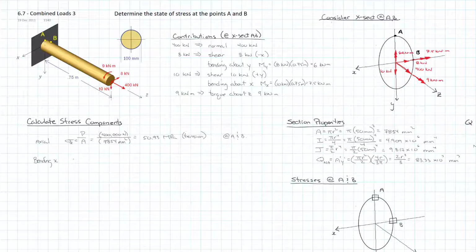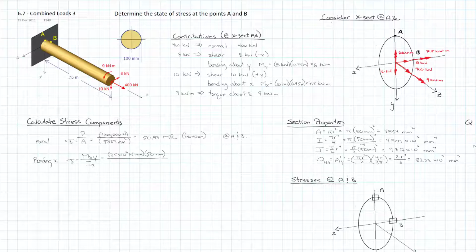And so that again would be a normal stress in the Z direction, and that's equal to our moment in X multiplied by our distance in Y divided by our IX. And of course our IX and our IY, we already said, are going to be equal to each other. And so in this case, our moment in X is equal to our 7.5 kilonewton meters. So we have 7.5 times 10 to the 6 Newton millimeters. And our distance Y is the radius, or 50 millimeters,